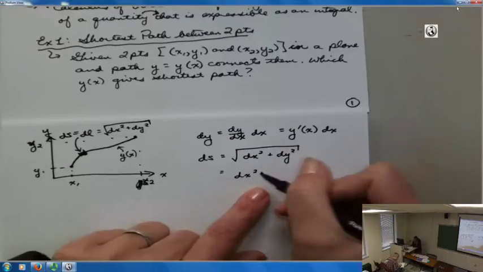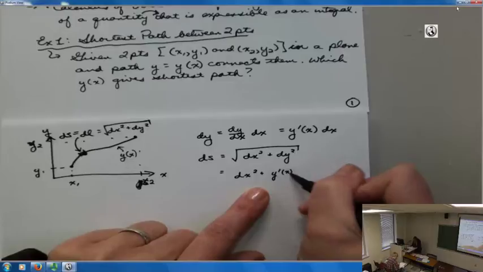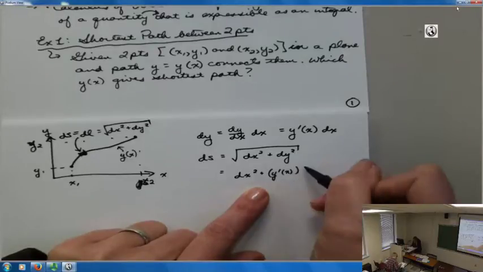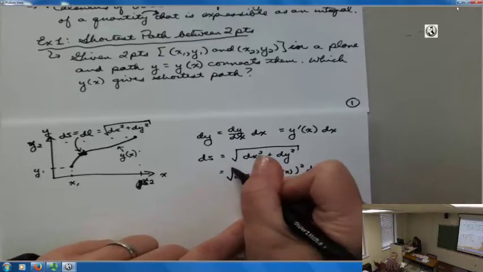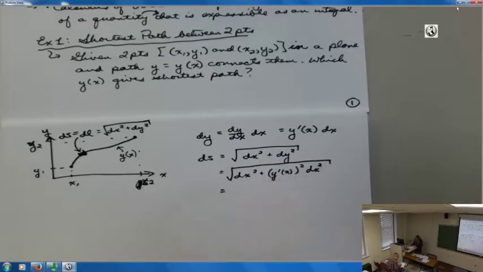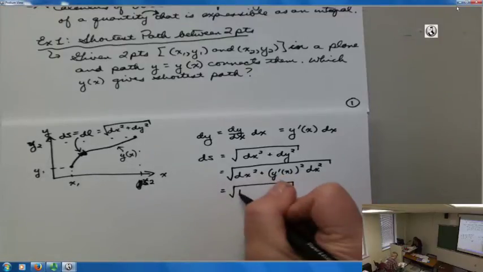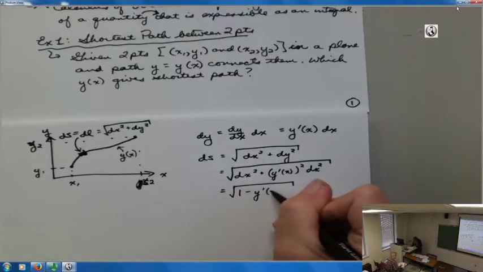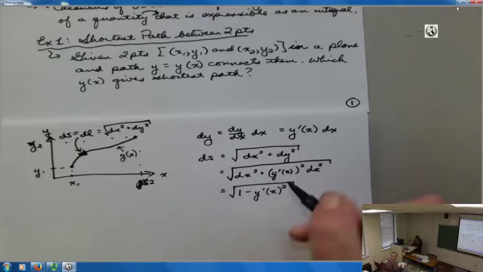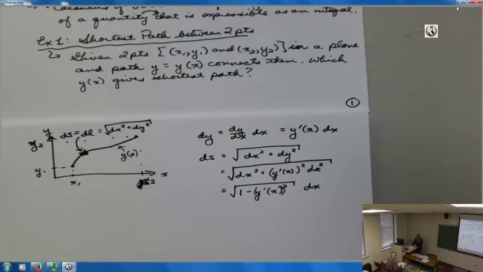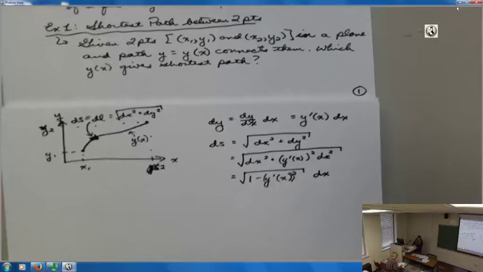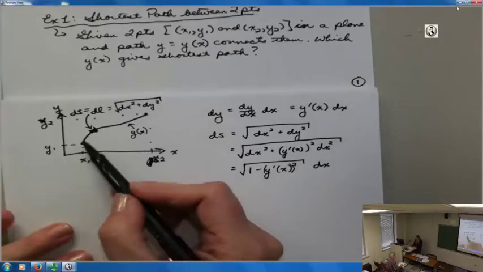And I've got y prime of x squared, dx squared, quantity square rooted. And I can pull the dx squared out, so what I'll have is the square root of 1 minus y prime of x squared. That quantity, by the way, is what's going to be squared in that, times dx. All right. So now, if I want to write an expression for the total length of this path,